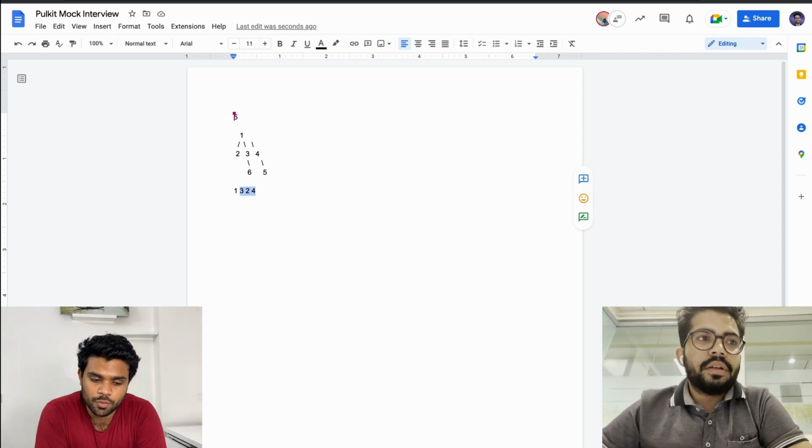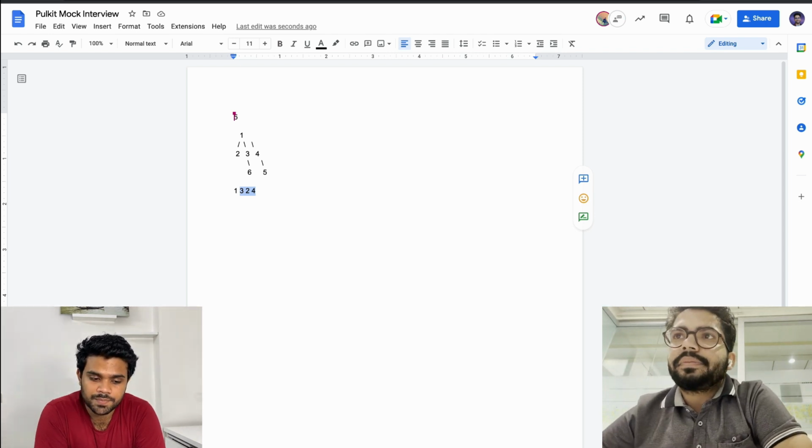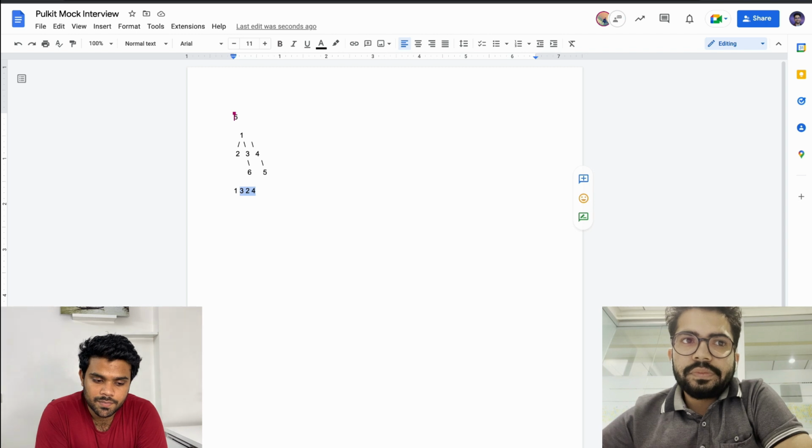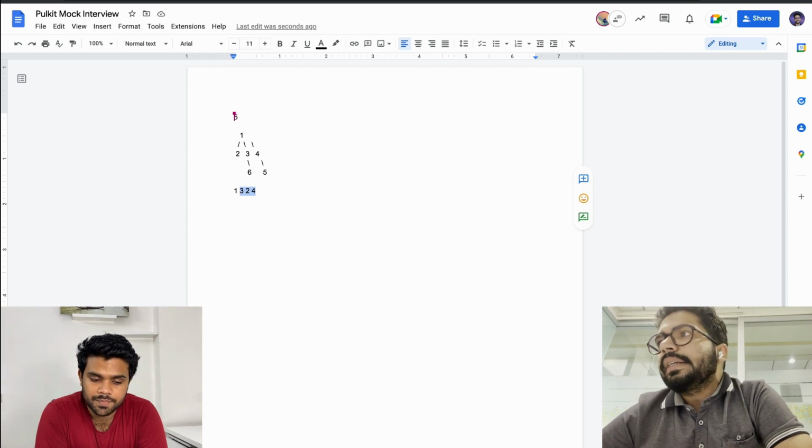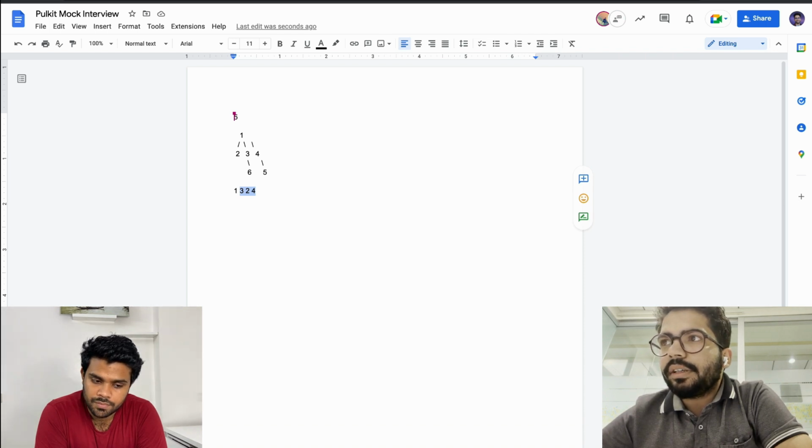And what do you think would be the complexity of the solution? So the complexity of the brute force solution that I just mentioned, right? Not completely sure, but maybe somewhat in the order of n to the power n. I'll have to explore more on that.